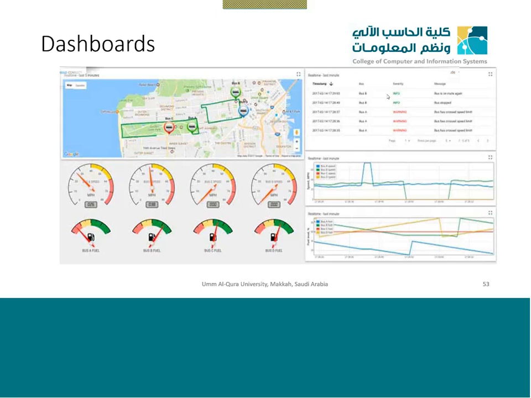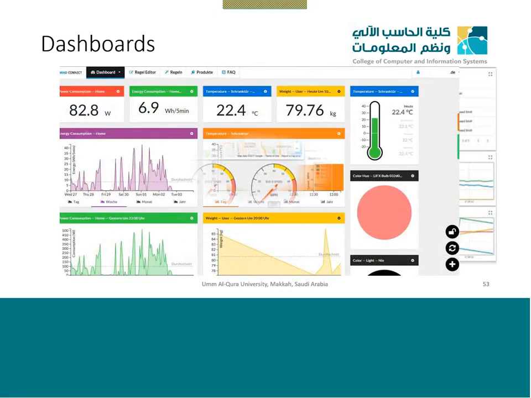This is another application for energy consumption, temperature, weight. All these things are coming in a centralized database. So a dashboard is for visualization of the user only, because it has nothing to do with other devices. This is one feature that is there for the application which is provided by the server side of the Internet of Things platform.